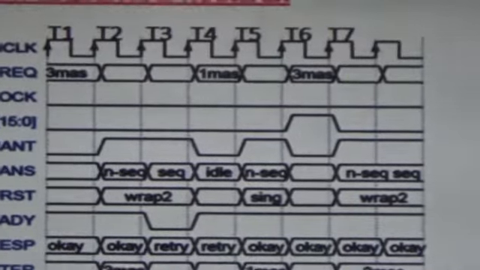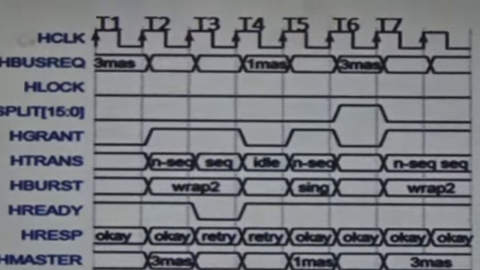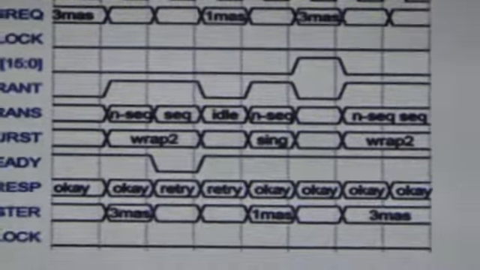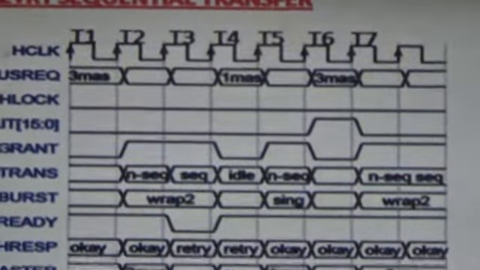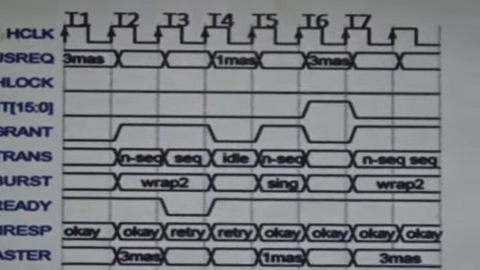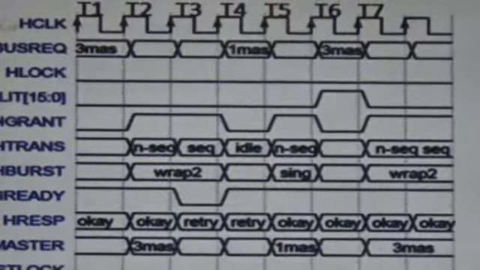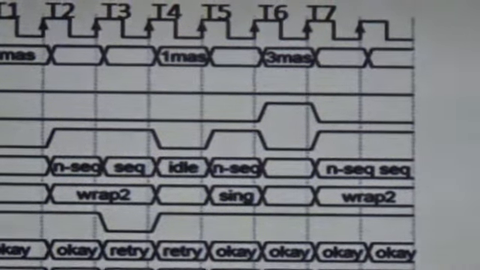If you have seen here, we have 7 clock cycles. T1, bus is free, we come to know HGRANT is low. T2, the bus has been given to the third master which has requested access. At T3, it has responded with retry. Since it is a 2 clock cycle response, in the second clock cycle HTRANS becomes idle. Whereas in T5 clock cycle, the first master, which has been requesting the bus with highest priority, is given access to the bus.